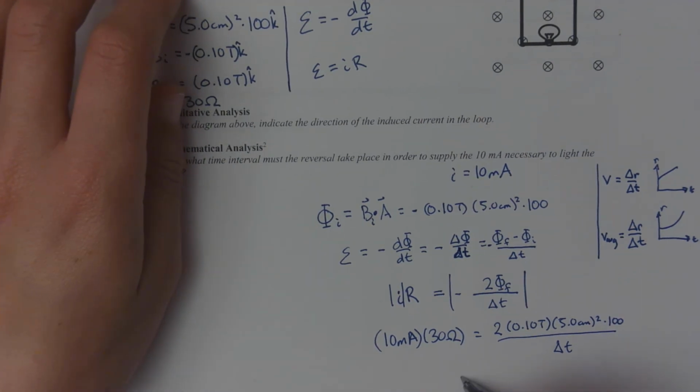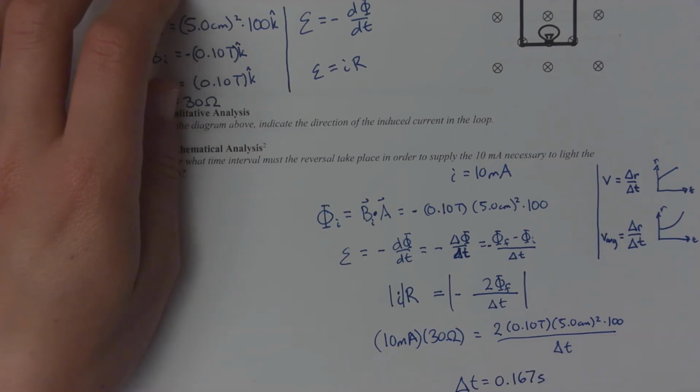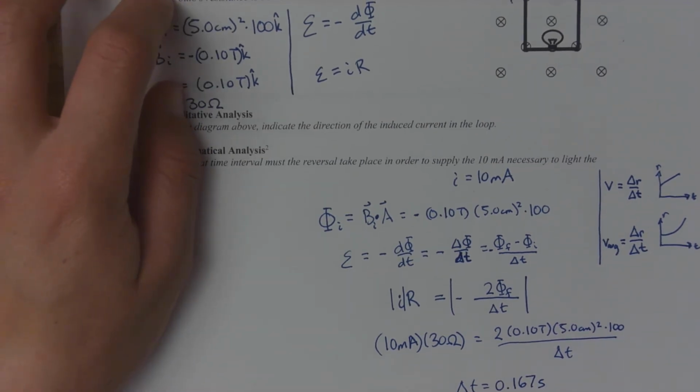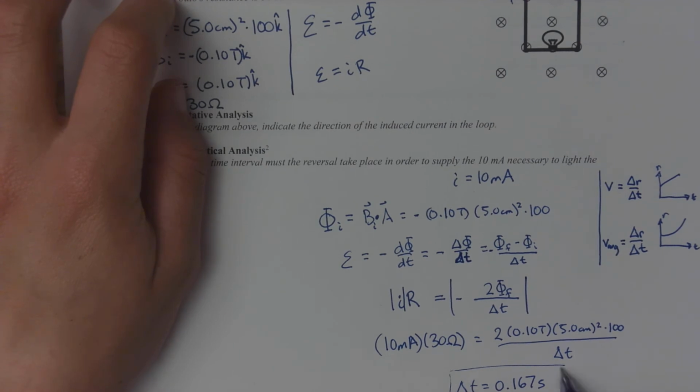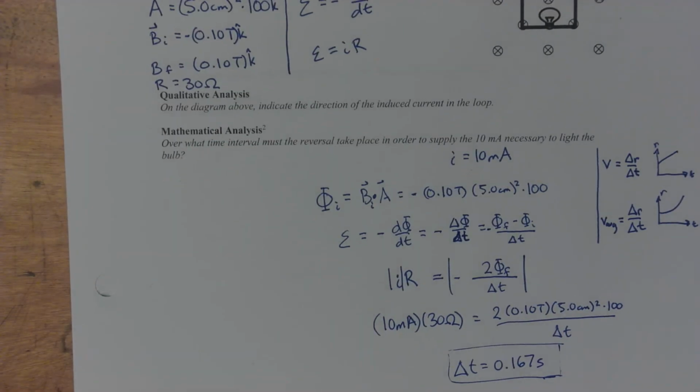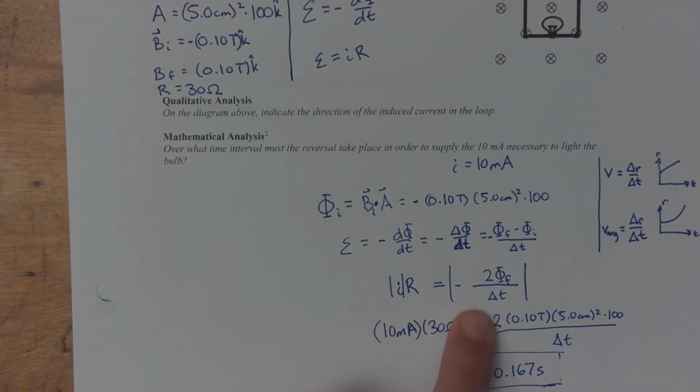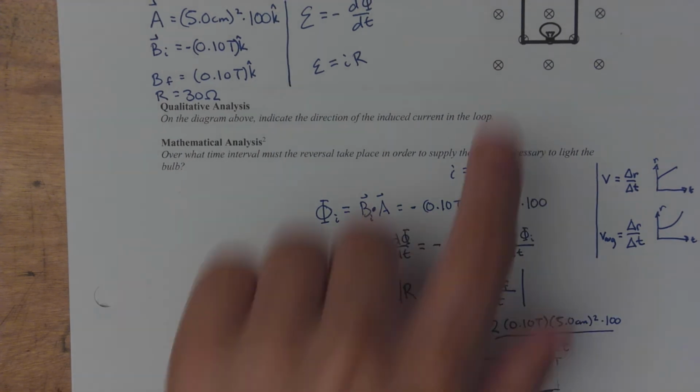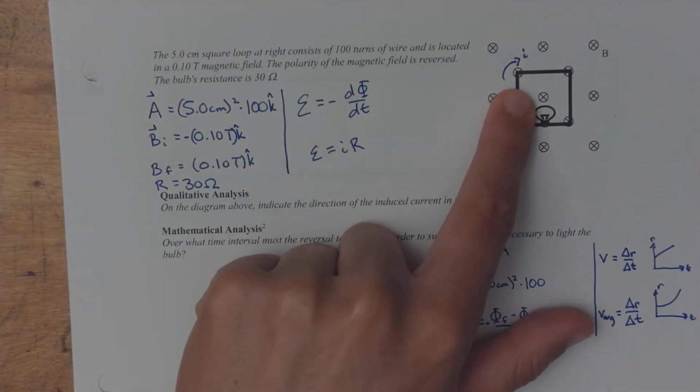And the answer that you should get for delta T is 0.167 seconds if I did everything there correctly, and it looks good. So this is what you should get. Okay, so I hope I didn't confuse you too much with the signs here. But basically what I wanted to show you is you can use that to get the direction of the current here,